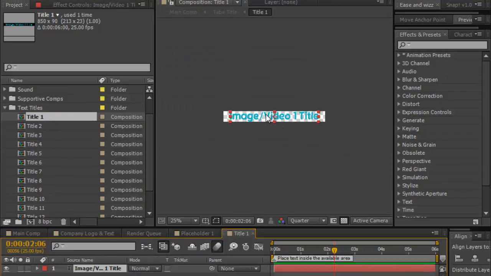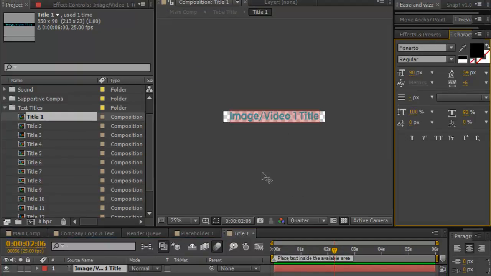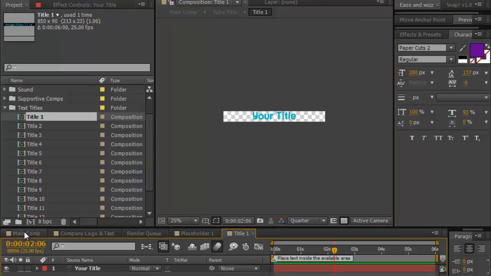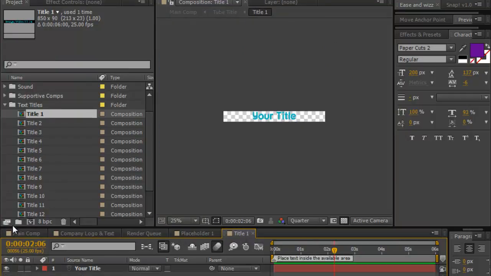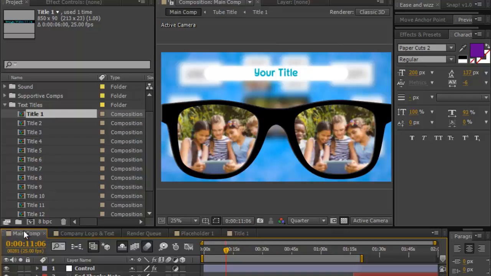Like just type your title, and that will show in the main comp. You can see the main preview.